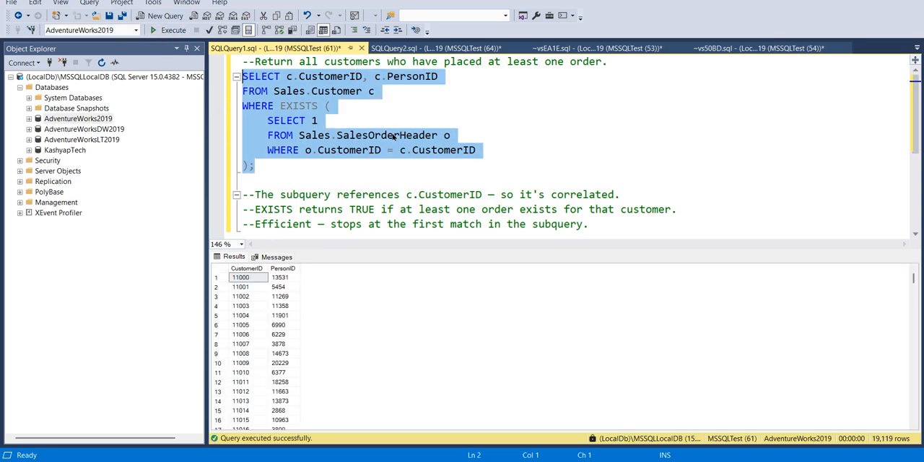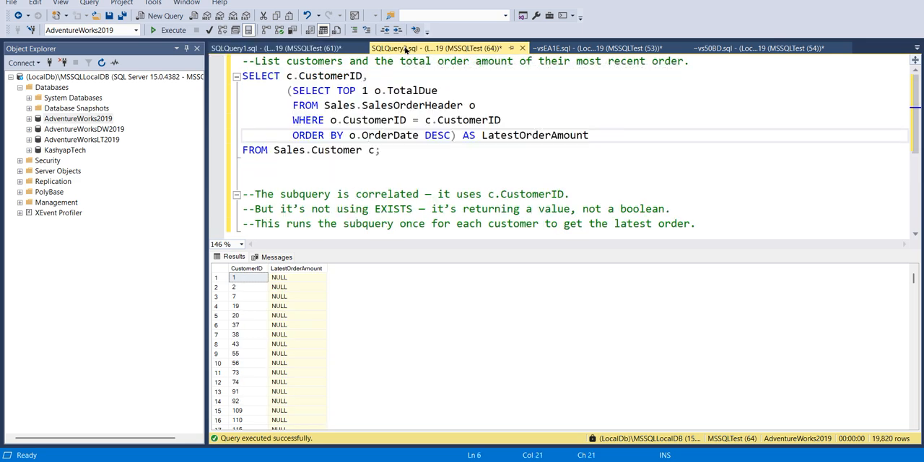So let's jump to the second one, the correlated example. Here we list customers and the total order amount of their most recent order. See, SELECT C.CustomerID, where